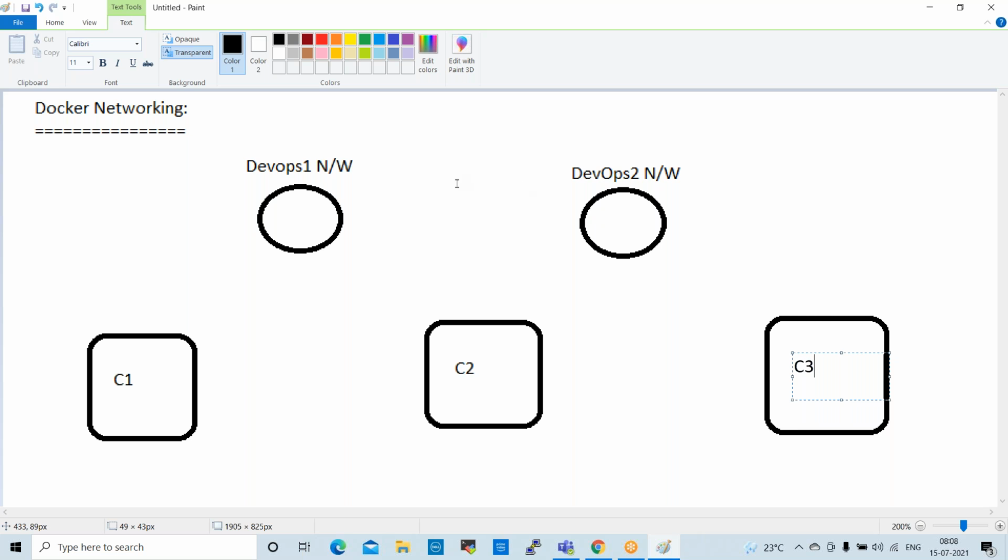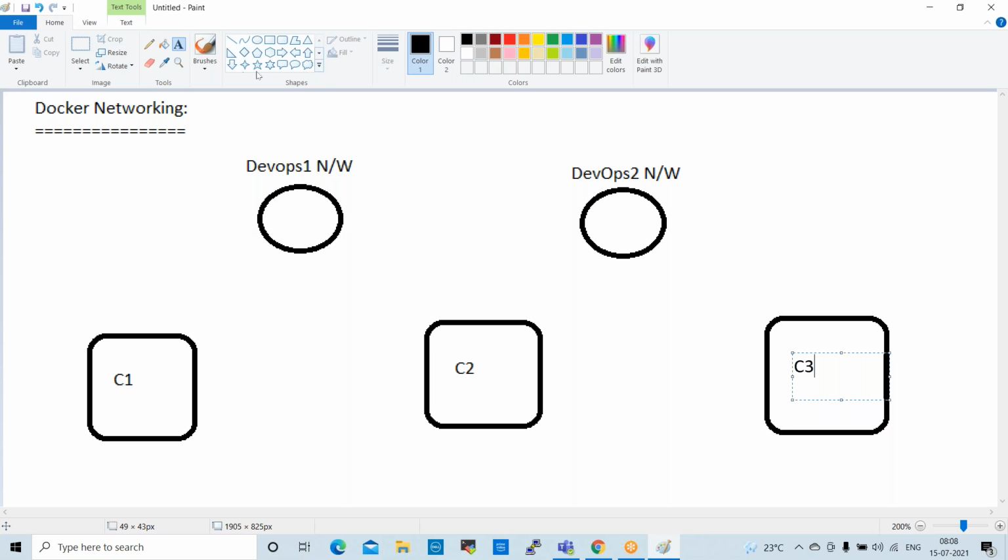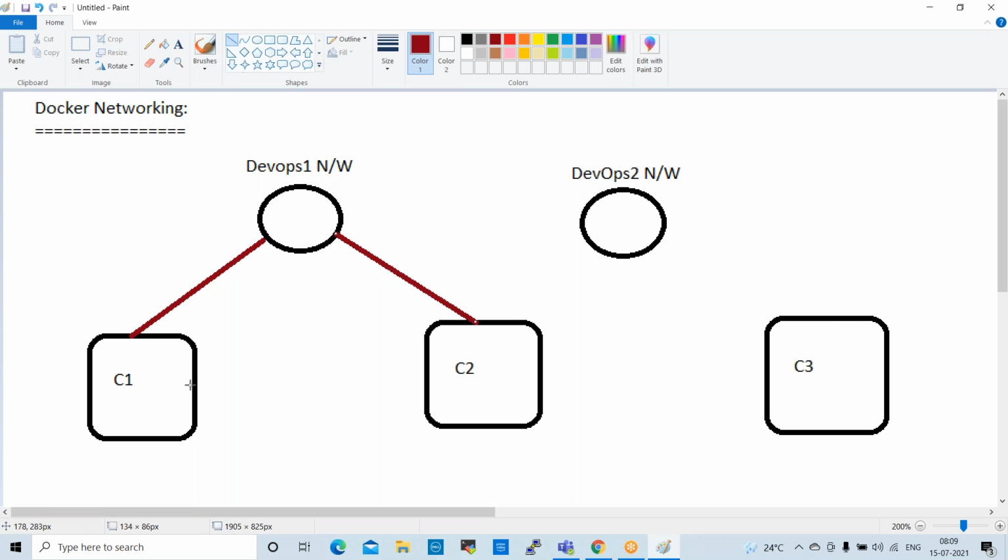Now my scenario is I want to establish communication between these containers. C1 and C2 I connect with the DevOps 1 network. Also, C2 I want to connect with the DevOps 2 network as well, and C3 I connect with DevOps 2, right?